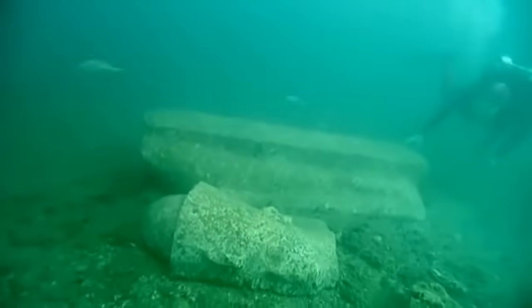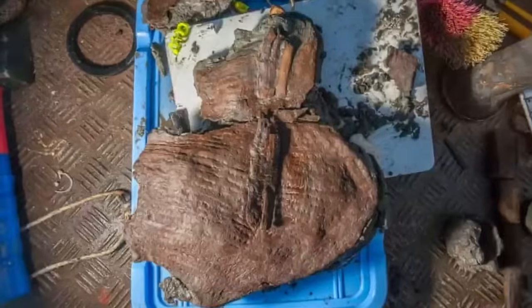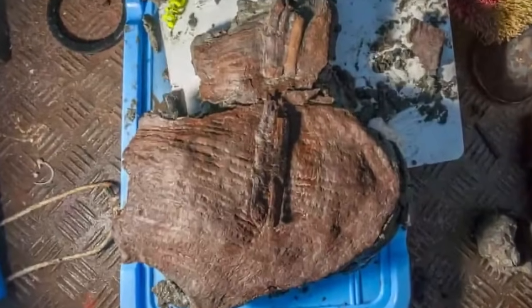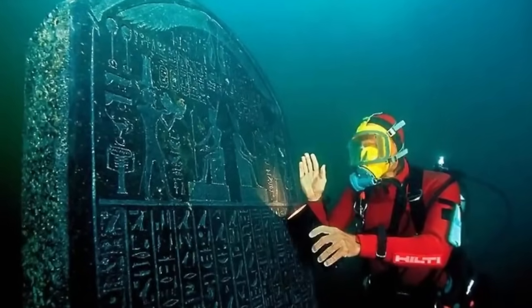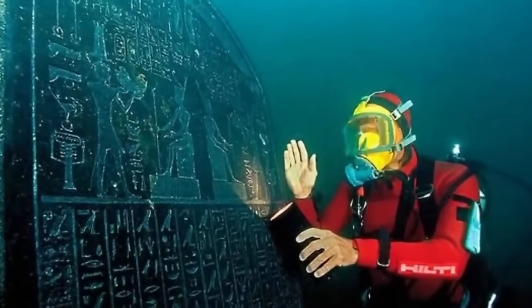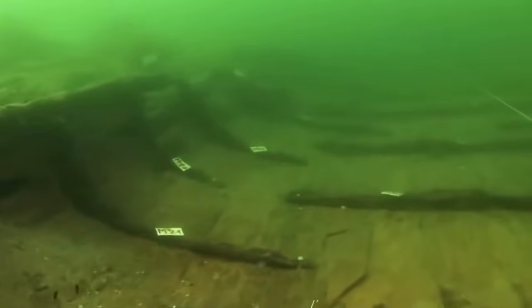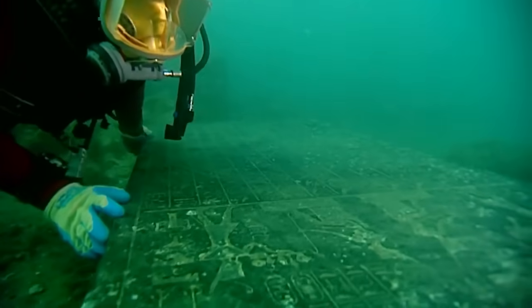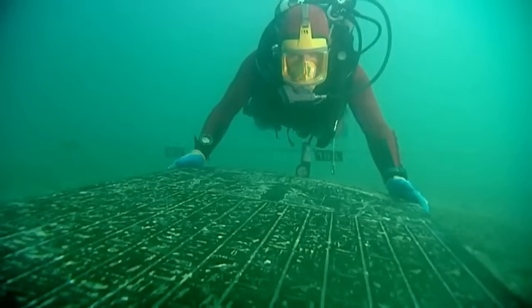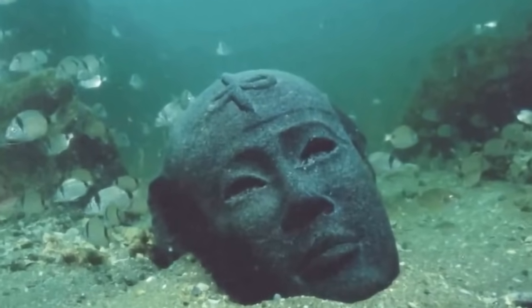The sunken Egyptian city of Thonis Heraklion continues to give up its long-lost treasures a few pieces at a time. The city was once the largest port in the Mediterranean, but it sank for unknown reasons 2,200 years ago, and might even have been the inspiration for the myth of Atlantis. Thonis Heraklion was rediscovered in the year 2000, and marine archaeologists have been diving down to extract artifacts from it